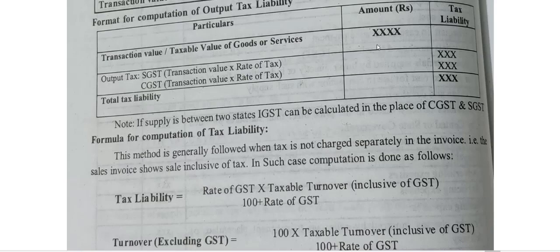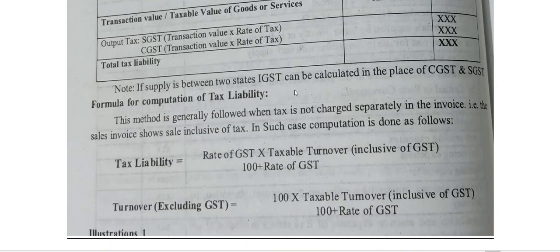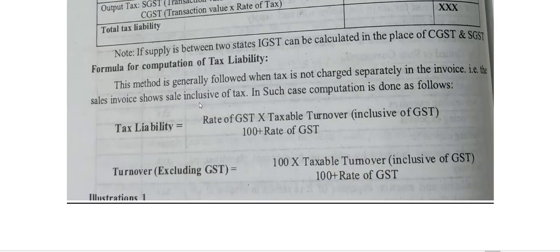So first take the transaction value, assessable value or taxable value of goods or services. Then you have to just find out the computation of output tax. CGST, SGST, it might also be IGST, okay? That might also be the case. So when you add that, you will get total tax liability. So I have already mentioned this. Tax liability, while you are computing tax liability, let us go through this very important